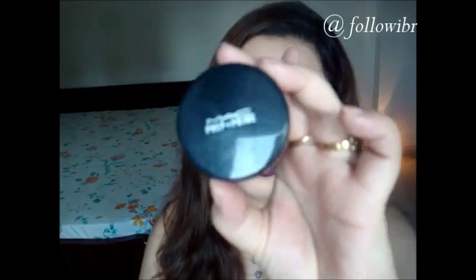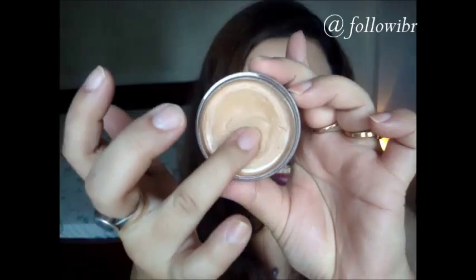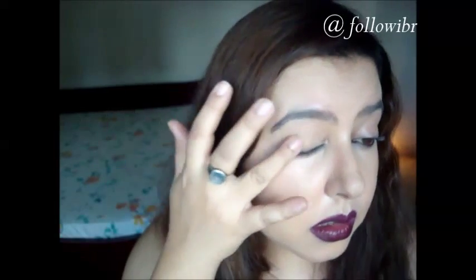So the lipstick is done, and now we're going to move on to the eye makeup. For this look, I'm going to be using my MAC Prep and Prime Medium Dark Eye Primer. I'm going to take a little bit on my fingertips and just apply it